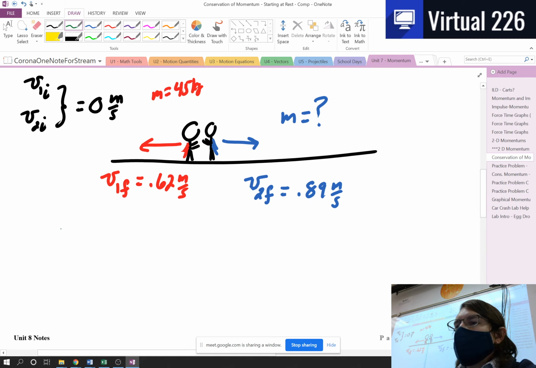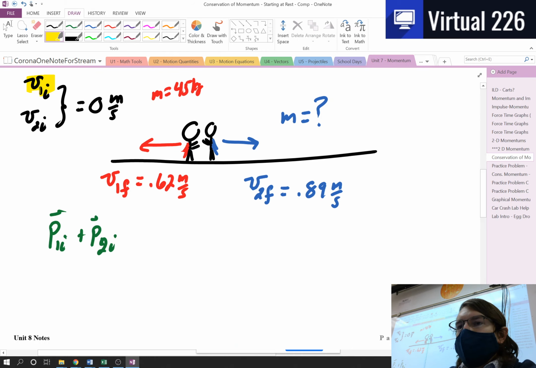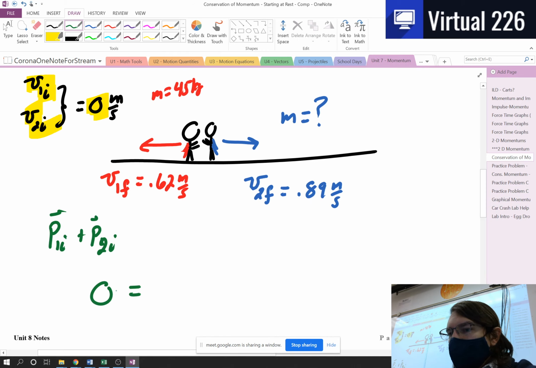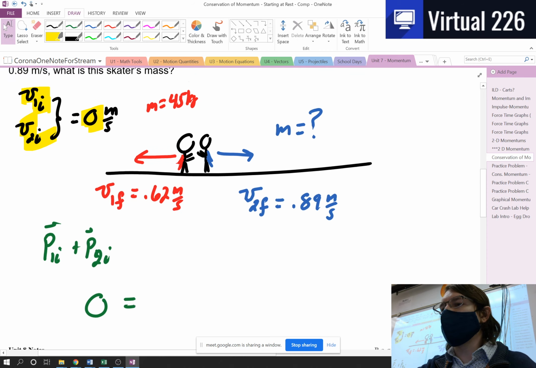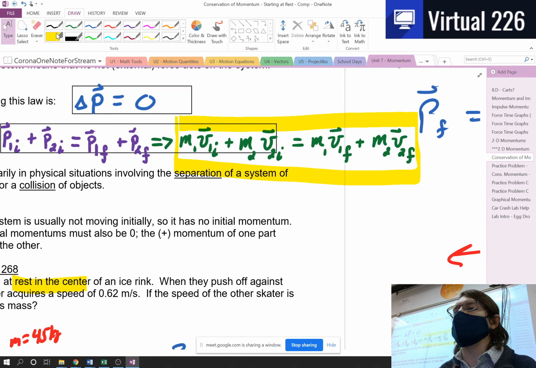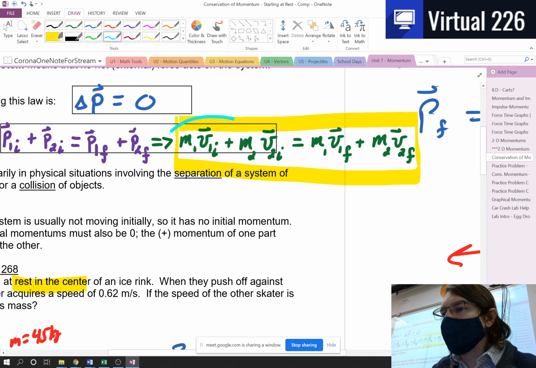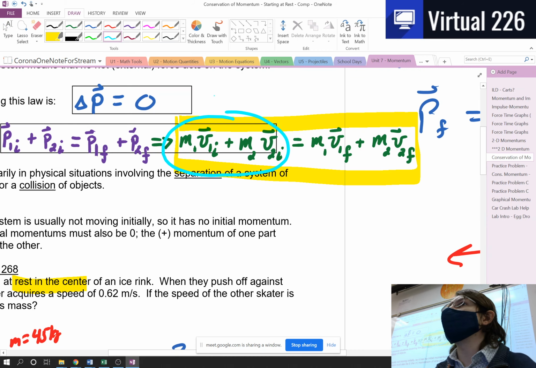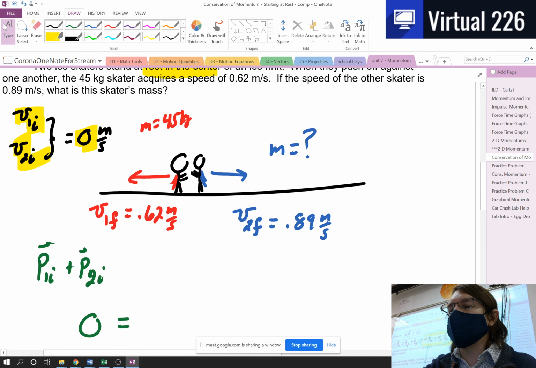So if we think about what our initial momentums are, well, the initial momentum of the first object and the initial momentum of the second object here, both of them have an initial velocity of 0. So the initial momentum of 0 plus 0 is 0. That's great for us, because before, we were looking up here at this equation, like, oh my goodness, we've got a bunch of things at the beginning. Look at all this right here we have to deal with. Well, in this problem, in this separation, because we were not moving, that just went away. It just became 0. A very nice thing that occurred for us.